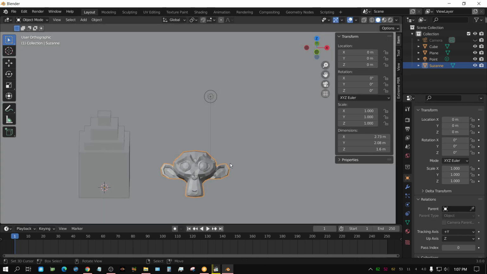Now, let's suppose I want it so that the further to the right this object goes, the larger this object becomes. So what we need to do is select this monkey head and then right click on the X axis, so that whenever it moves over to the right, this object gets larger. Right click, copy as driver, and then select this object, go down here to the scale, and then paste